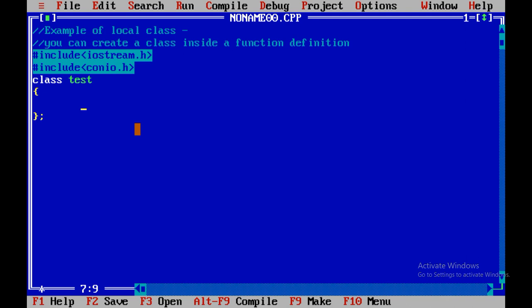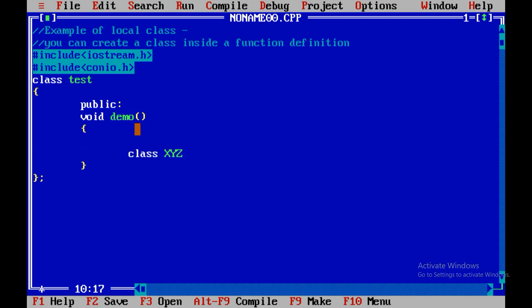Then we are going to make one method, public void demo. Inside that void demo I am going to create class xyz.